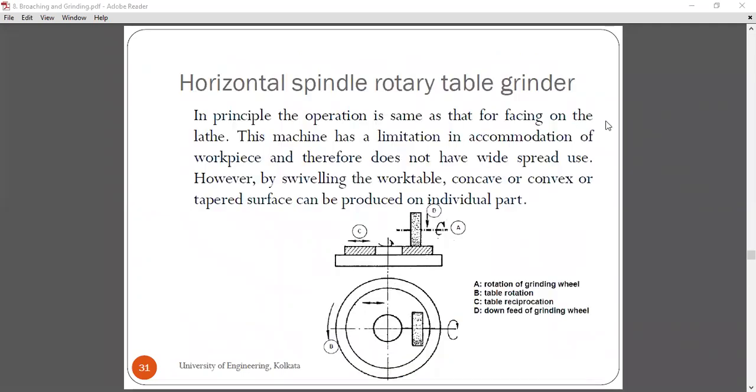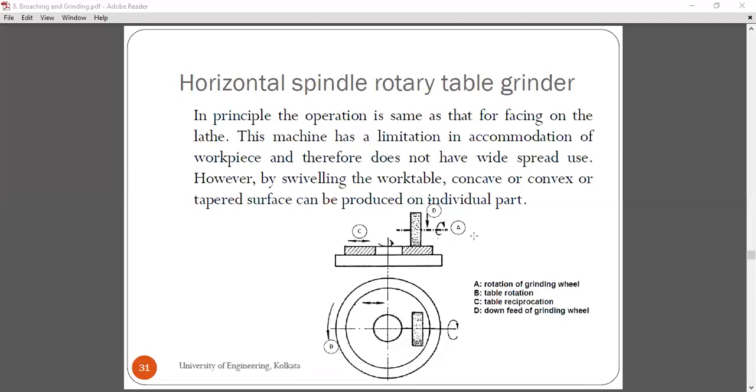Next is the horizontal spindle rotary table grinder. So in principle, the operation is the same as that for facing on the lathe. This machine has a limitation in accommodation of the workpiece, and therefore does not have any widespread use. However, by swiveling the work table, concave or convex or taper surfaces can be produced. Okay, so as you can see here,